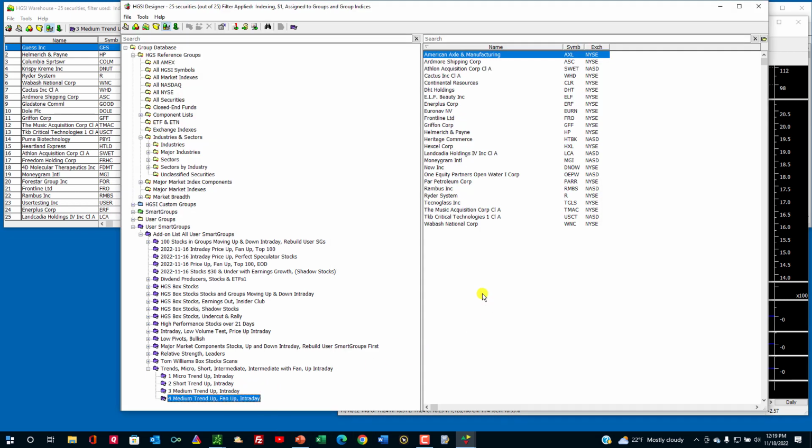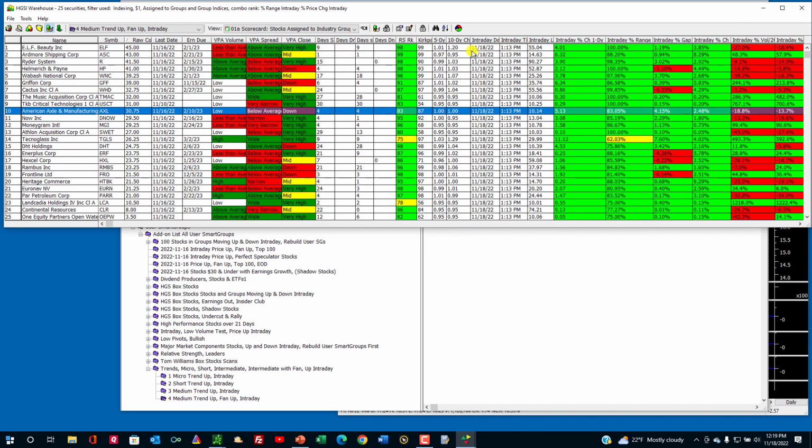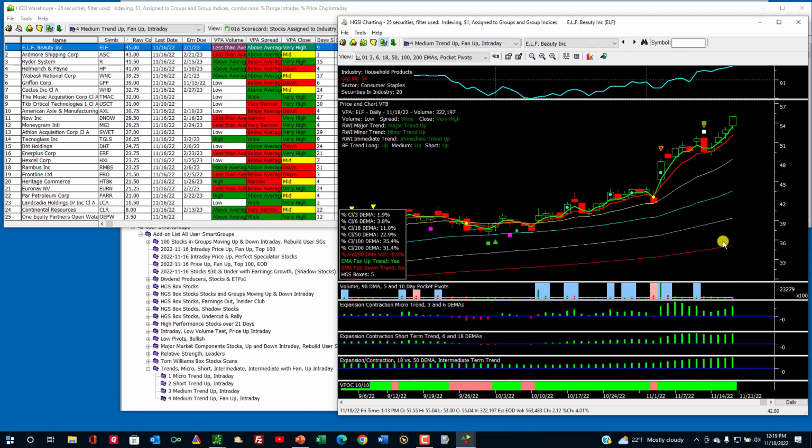Now let's go to the medium trend fan up. So all 3 trends are up, plus the fan is in position. What do I mean by the fan? I mean the 200, the 100, the 50, and the 18 are all in place, and this stock is a very strongly trending stock. Here's where it crossed over, and then a little pullback here, but notice the 6 remained above the